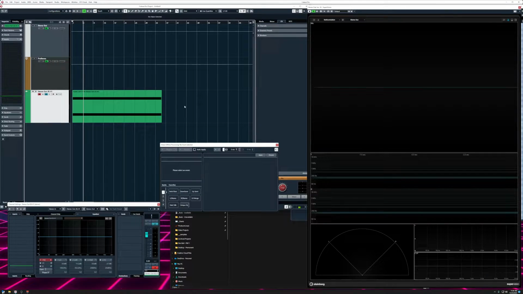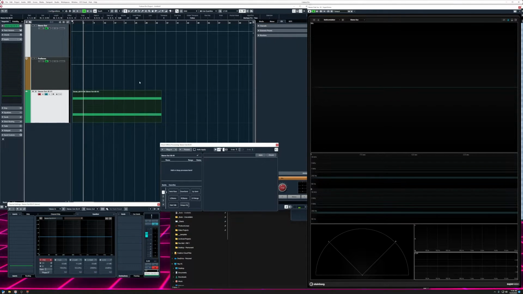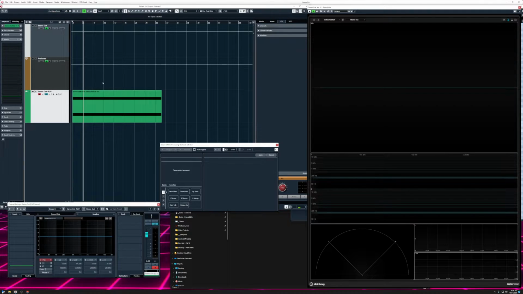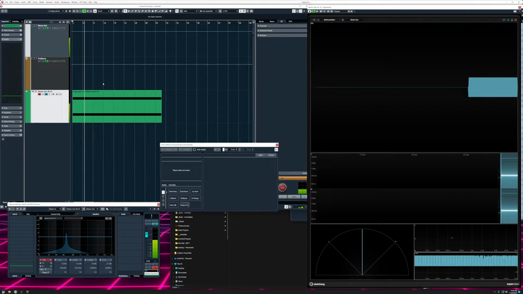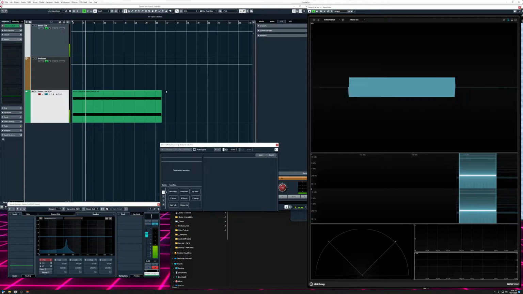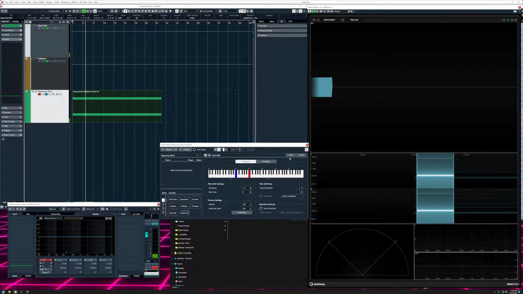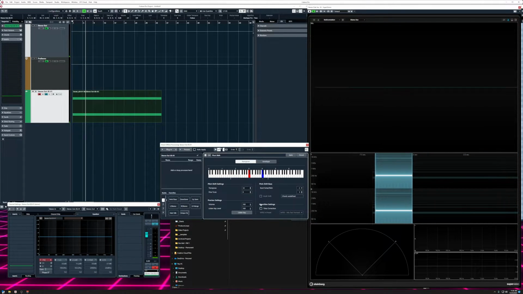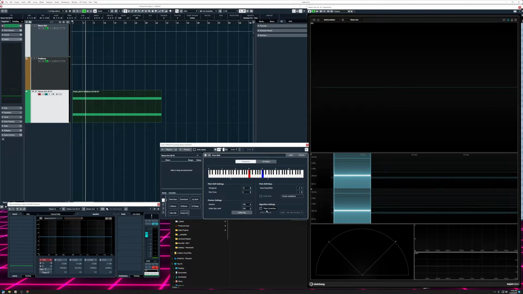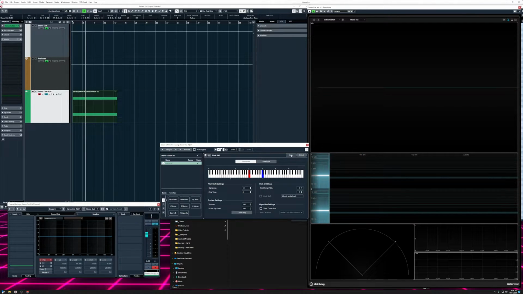Hey guys, so I'm not sure if this is true for other DAWs, but at least in Cubase, every time you pitch shift an audio event, you're introducing a little bit of distortion. Now, I have this sine wave here, and we're going to pitch it up an octave. We're not doing any fine tuning, we're not doing any time correction or warping.